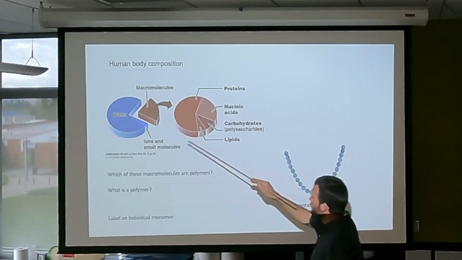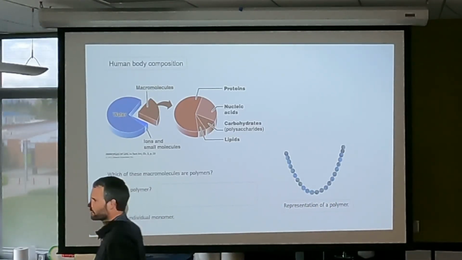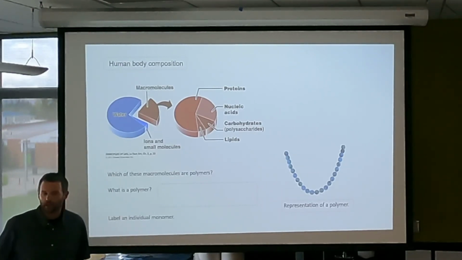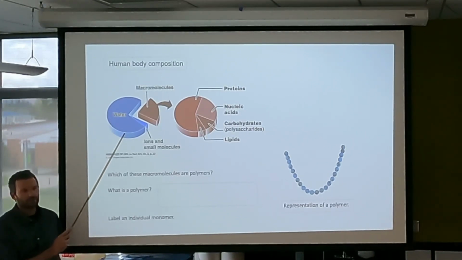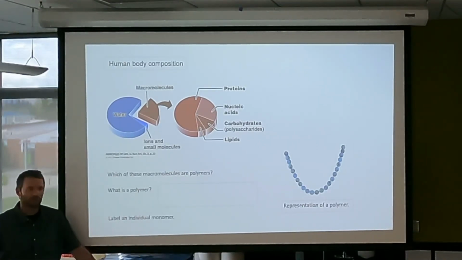All right, let's revisit this pie chart right here. This is a breakdown of the human body composition, what the body's made of. And we said that 60 to 70% of the body is made of water. And we talked quite a bit about water, and we had 2 labs specifically dedicated to the properties of